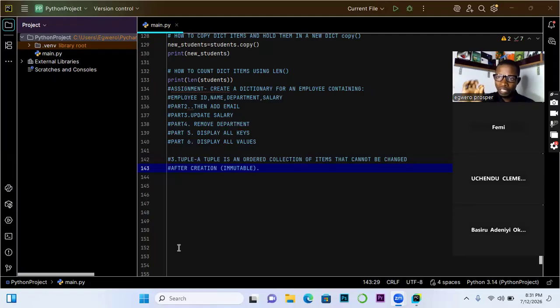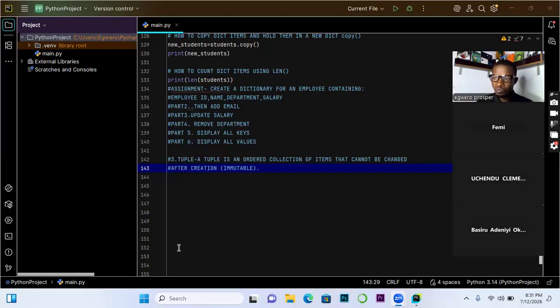So number one, the major difference between tuple and list and dictionary, take note, is that list and dictionary are mutable data structures, while tuple is immutable.